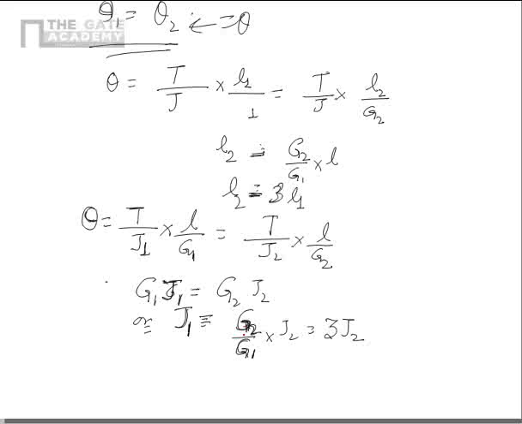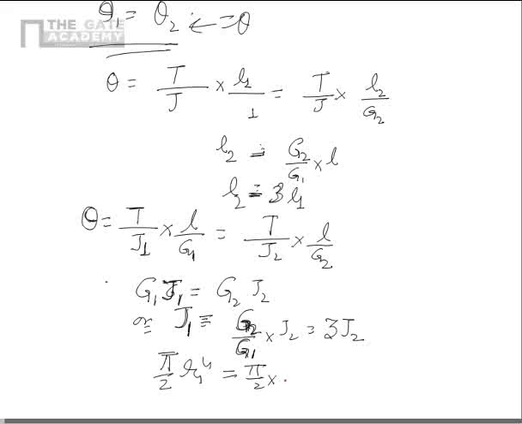In the previous case, the length of the second case was higher, which means we had to have a longer bar of the stronger material. But if we keep the length constant, then the weaker material's polar moment of inertia must be higher. Now this can be written as pi by 2 r1 to power 4